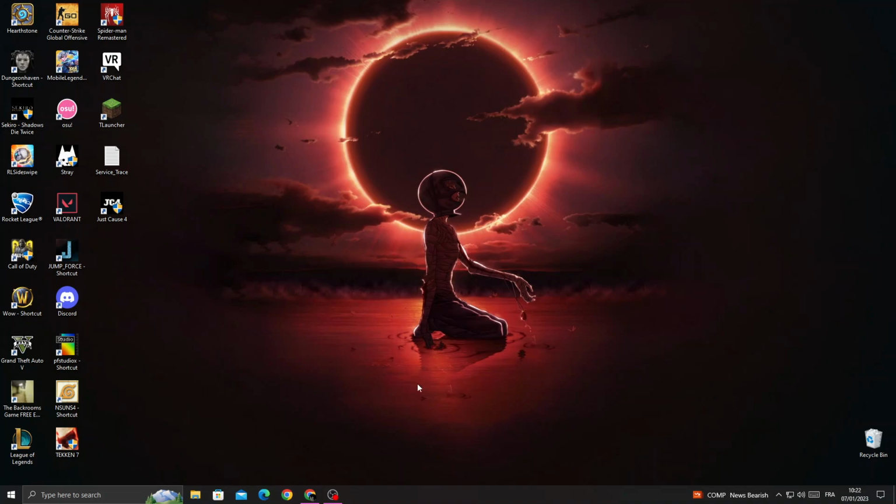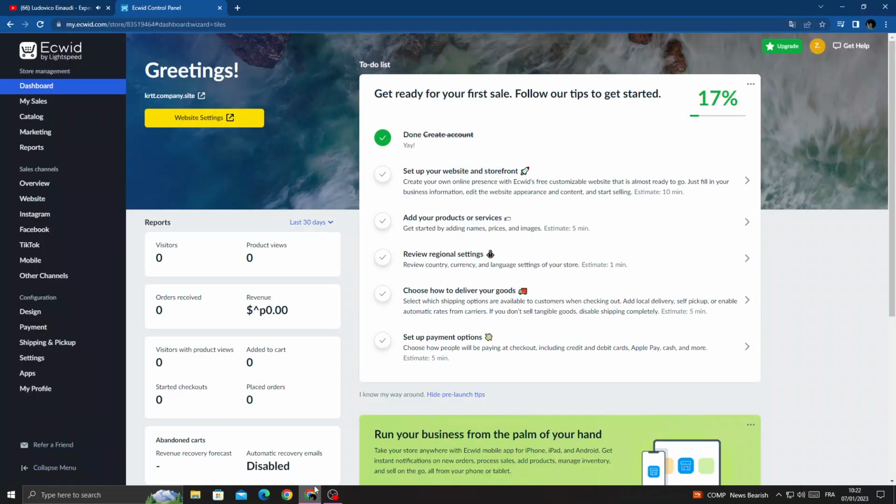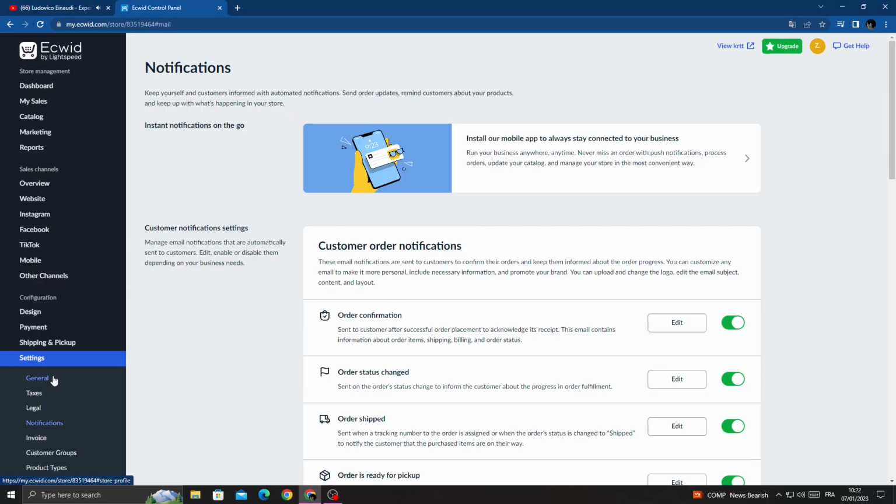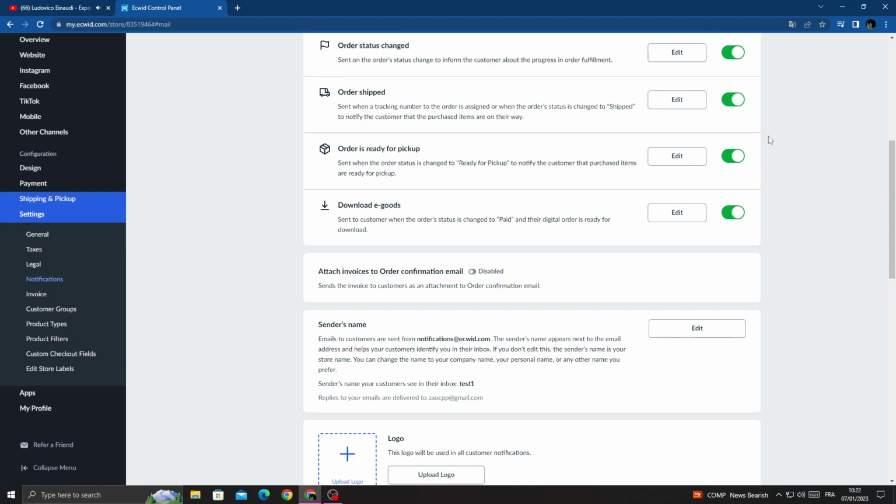First, open your browser, and then once you're here, click Settings, and then here you will find Notifications. Click on it. Now once you're here, scroll down until you find the sender's name and then click Edit,